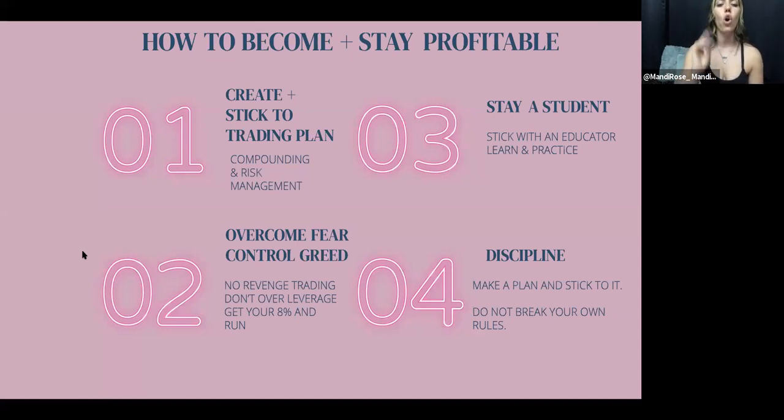Okay, so the second thing is overcoming fear, controlling greed, right? Not revenge trading, and just being a student is the third thing. Staying a student. Guys, the best leaders are the best followers in this world. And the way that you're going to be able to become the master six-figure trader, the way you're going to be able